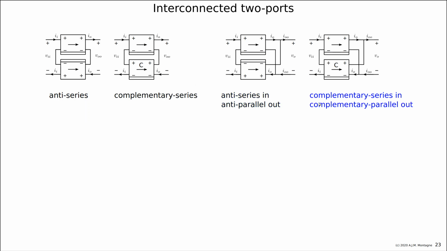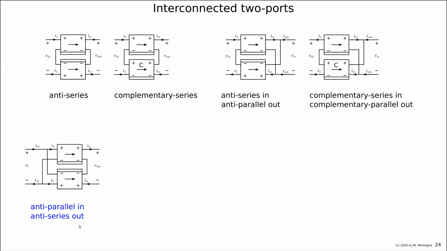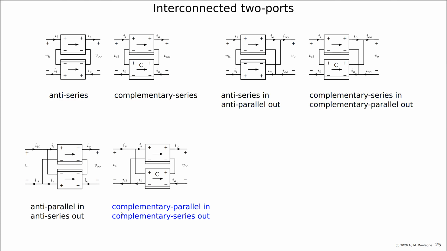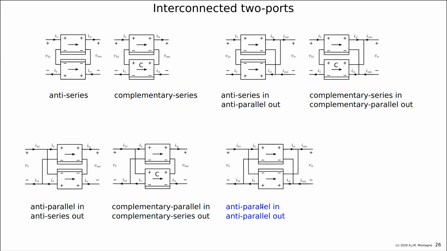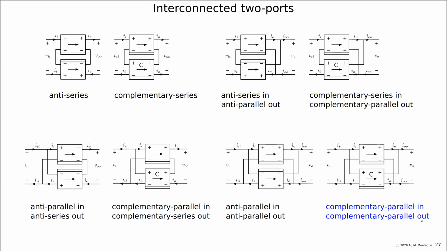We can put them complementary series at the input and complementary parallel at the output. Let's say if we have a complementary device, we have complementary at both ports. So you cannot do one series and one complementary. That solution doesn't exist. So we have anti-parallel in and anti-series out. And the same for complementary: then anti-parallel in, anti-parallel out, and here complementary parallel in, parallel out. Let's now think about something, looking at this picture